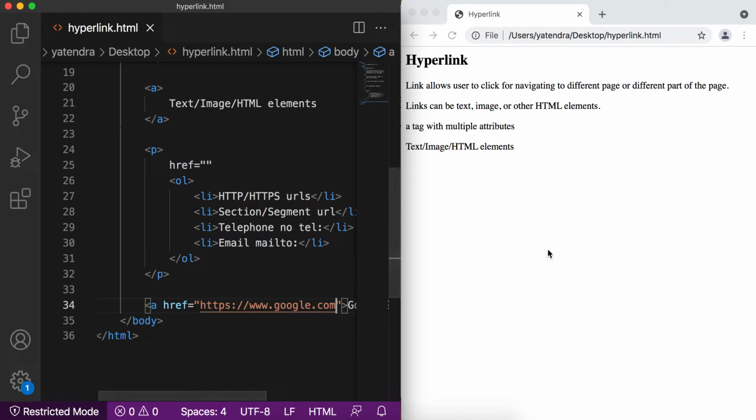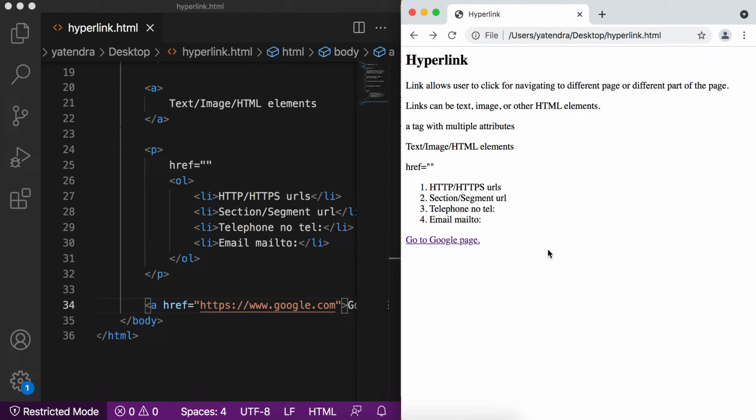Save this file, go to the browser, refresh. You can see this link is shown in this color. So this is the default behavior, and there are multiple states of this hyperlink. We will discuss this in the next video.